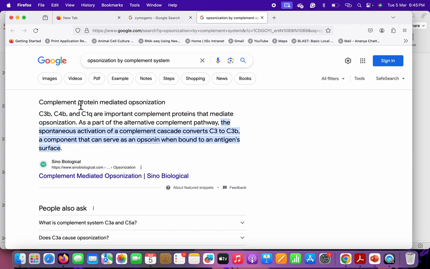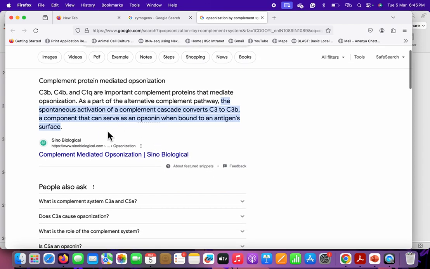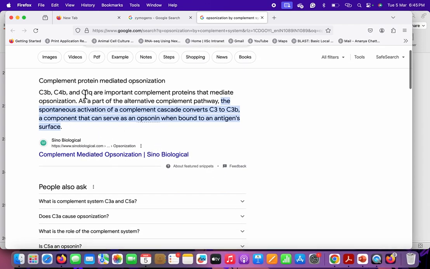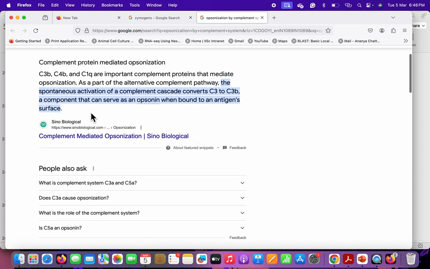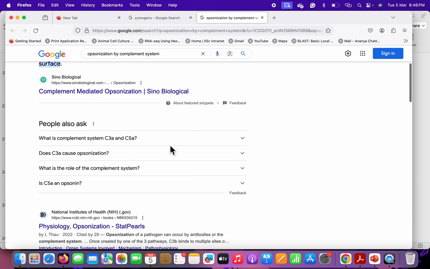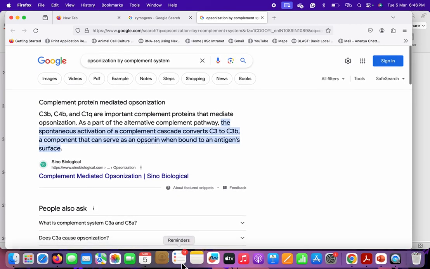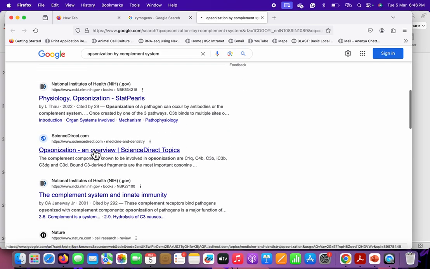I will talk about it, but complement protein mediated opsonization, you have to go into details that there are different factors, and it works by cascade. We'll talk about it later, because I have not introduced C3b, C4b yet, these things are not introduced yet. But if you see opsonization in overview,